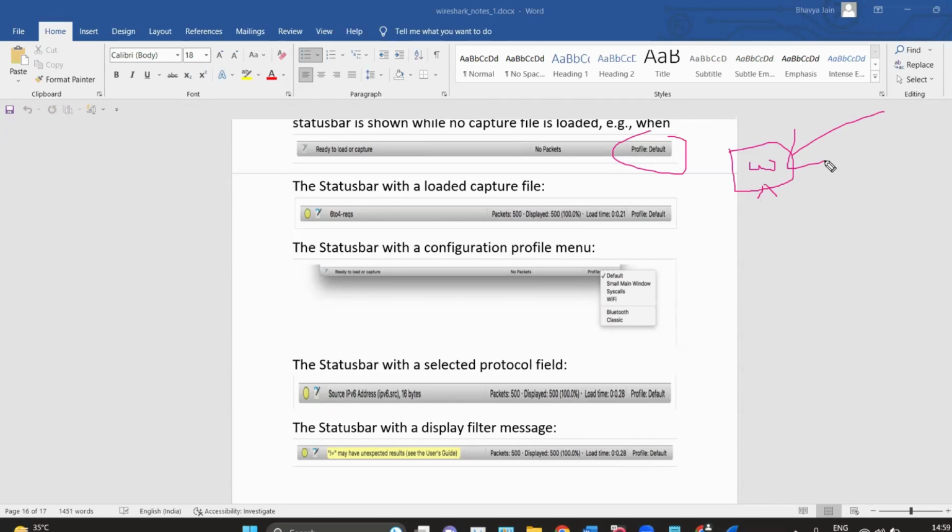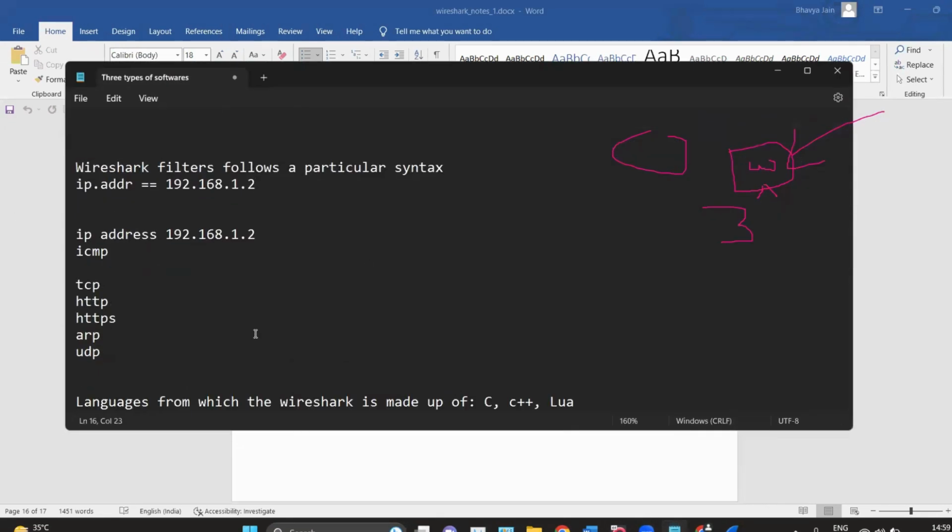These professionals have different purposes. For example, a network administrator or network analyst uses Wireshark for troubleshooting. A security analyst uses Wireshark for malware analysis, and an application developer uses Wireshark for protocol analysis, for examining the protocol for its application. So these three professionals have three different purposes, right? So we have three professionals here,